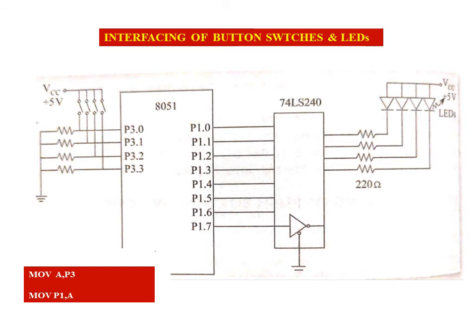Now here the sample code is given for executing switches and LEDs with the 8051 microcontroller. Check MOV A, P3: the data presented in the P3 port, either logic 0 or logic 1, is stored in the accumulator register. Then that accumulator register is passed to the port 1 pins. Whatever data is presented here is passed here. Then port 1 is used for displaying the data, and the driver circuit will illuminate the LEDs.